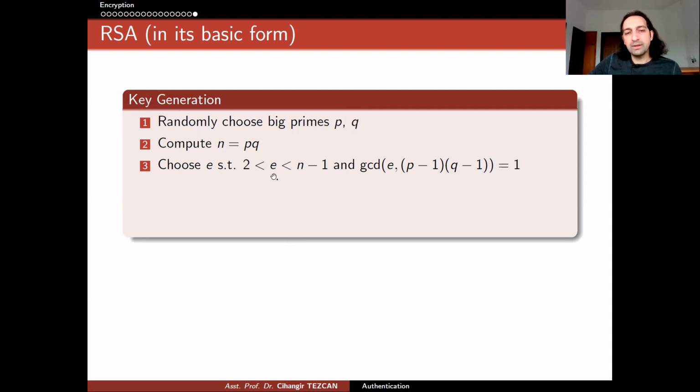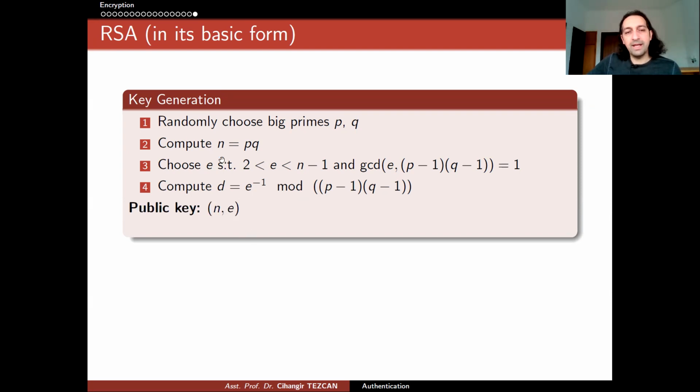But this e actually will affect your performance. So most people always try to choose it small, like 3 or something like 2 to the power 16 plus 1, so that it has a lot of zeros and a small number of ones. But since you know this e and p and q, you can compute the e inverse, d. This means that when you multiply d and e in this modulo, it equals 1. This is what we mean by an inverse element in modular arithmetic, if you don't remember. So now it is as simple as this.